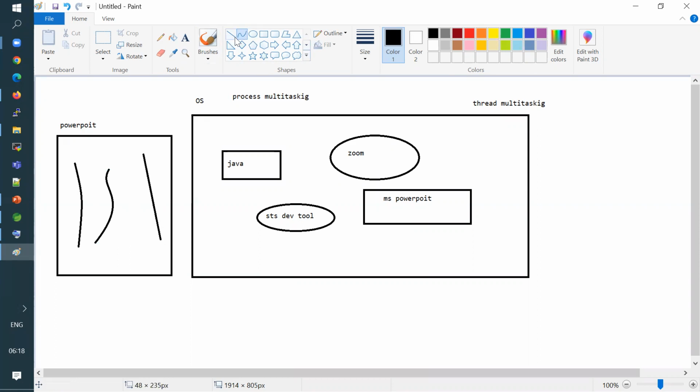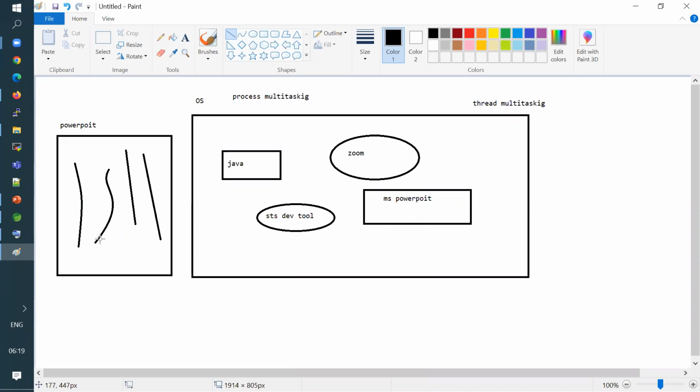In a process there are so many threads like this, and each thread represents actions. In the example you took, playing a video and at the same time looping through the slides, playing the video can be one thread and looping through the slides can be another thread. So within a particular process, certain things can happen simultaneously, which means they can run concurrently, running at the same time.